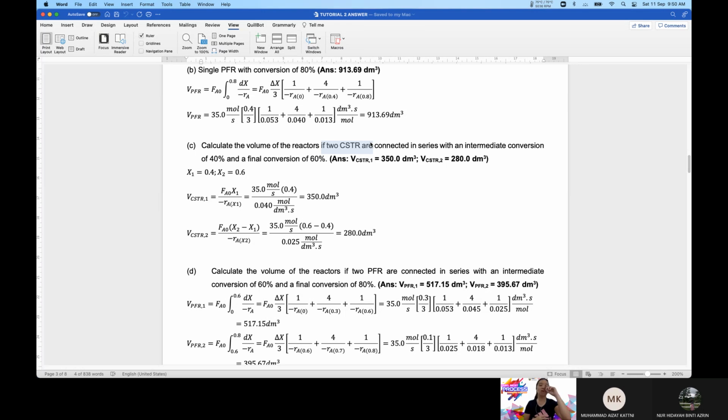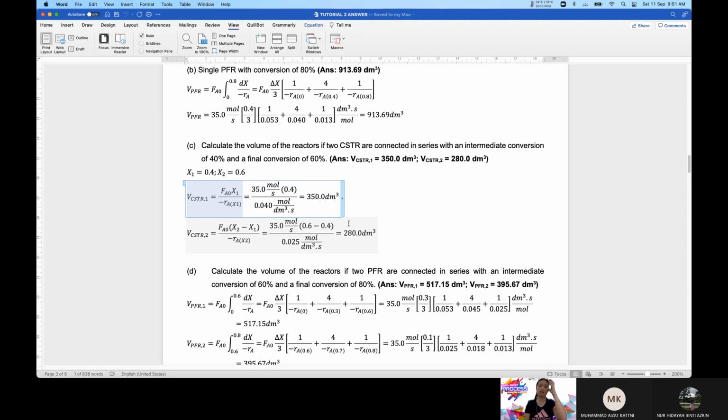Okay, so they want us to find the volume. So kamu kena faham, volume reactor ni akan berbeza, dah tak semestinya akan sama sebab dia mencapai conversion yang berlainan kan, means minimum volume reactor yang bersiri ni antara satu sama lain dia boleh jadi berbeza. Besar dia tak semestinya kena sama. Sebab you may design your volume of the reactor according to the conversion that you want to achieve. Okay, so dalam kes ni kita kena kira separately volume dia. So for the first reactor,